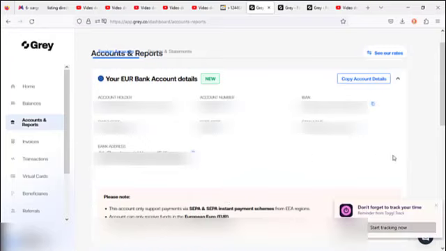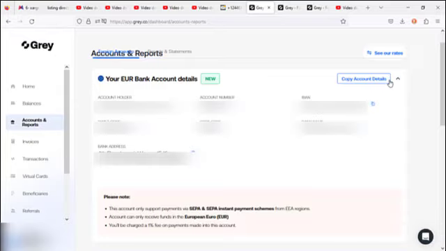So right here, you can see I have my account details already populated for me. If I scroll all the way down, I will also see other account details. So right now I have all my account details printed out for me. So what I can actually do is, if I want to use this foreign account to receive money from a client, all I need to do is